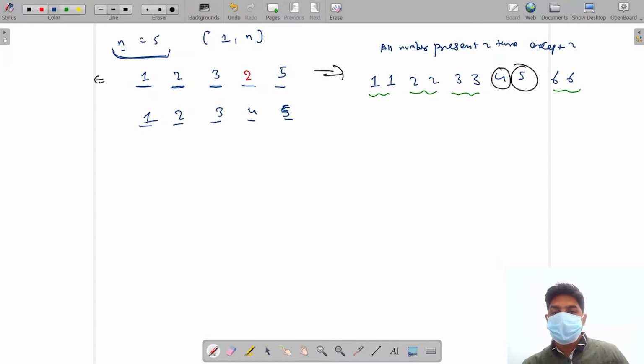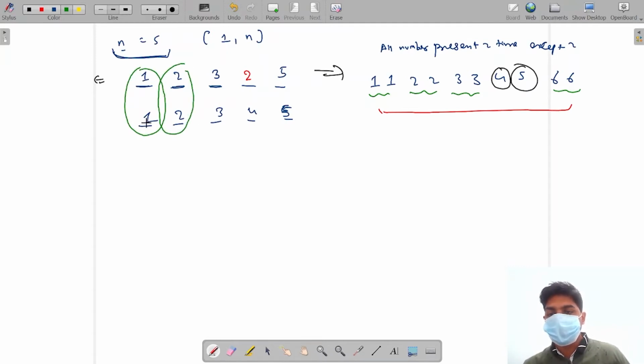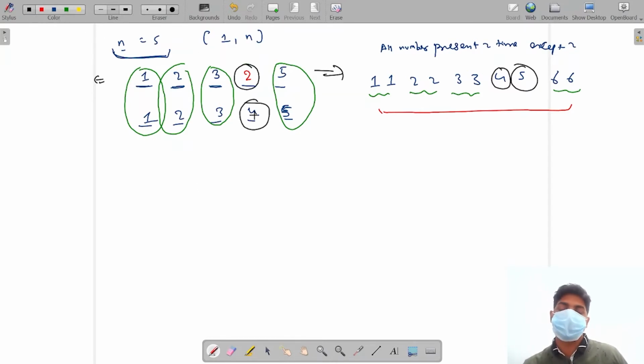Okay, now can you try to relate this problem with that problem? Earlier we had only this set of numbers. Now I have written these extra numbers also. Now we will consider this whole set of numbers. If you see clearly, here also all the numbers are present two times. 1 is present two times, 3 is present two times, 5 is present two times, and these two numbers, this is present only one time and this is also present only one time.